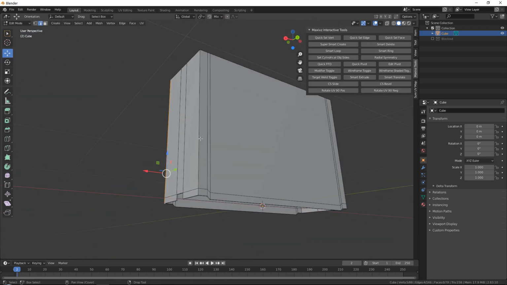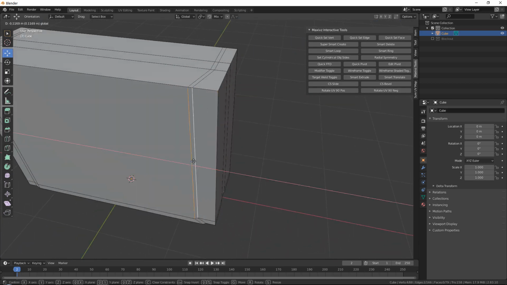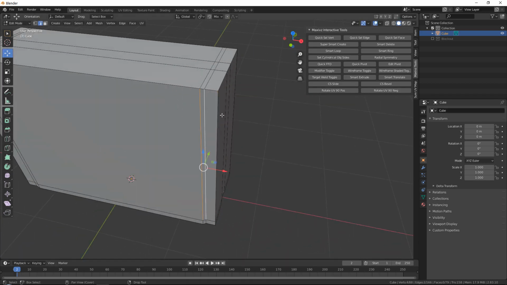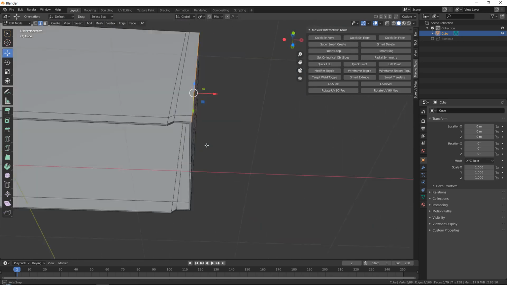But actually, you know what? I think we have enough space. If you do not have enough space, simply select these edges, move them up. It's that easy. So for now, double click, because we want to go all the way around. So double click here,